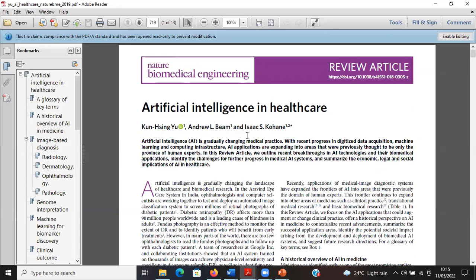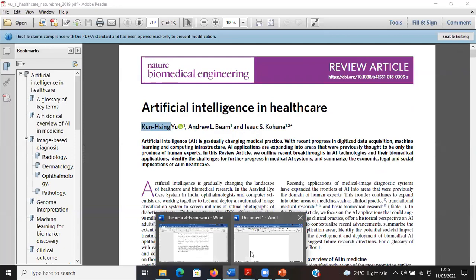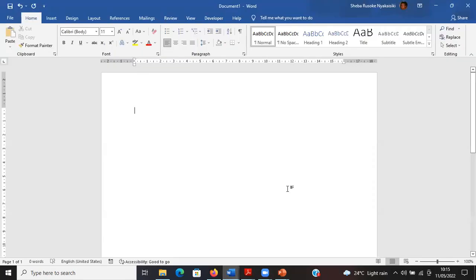This was an article of 2018. I'll say, this guy et al. 2018, define AI as blah, blah, blah. Let us say whatever they have said. This is citing within text.